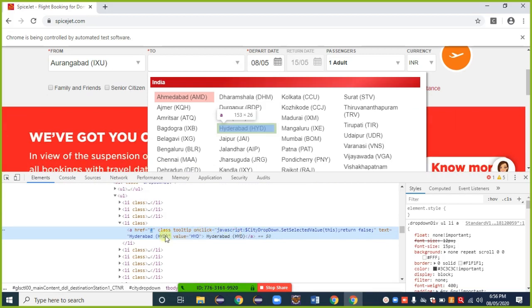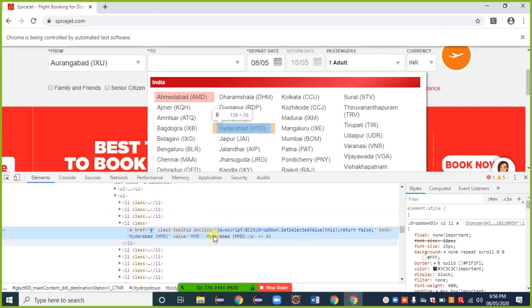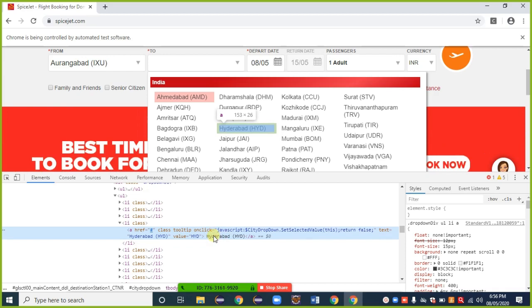This is the required HTML code for Hyderabad. I need to select a unique one, so just check it and go with the text here. Visible text is available here, so I'm going with text.